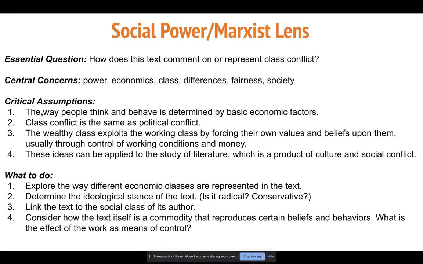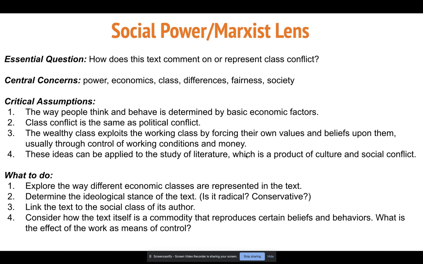Well, some assumptions that we take going into this text, if you were doing Lion King, this is an example, okay? The way people think and behave is determined by basic economic factors. Scar wants Simba's power, Scar wants Simba's money, so to speak. Class conflict is the same as political conflict. Okay, so when you have politicians passing laws and passing these things that benefit only certain groups of people, while that's a political action, it has class ramifications. The wealthy class exploits the working class by forcing their own values and beliefs upon them, usually through control of